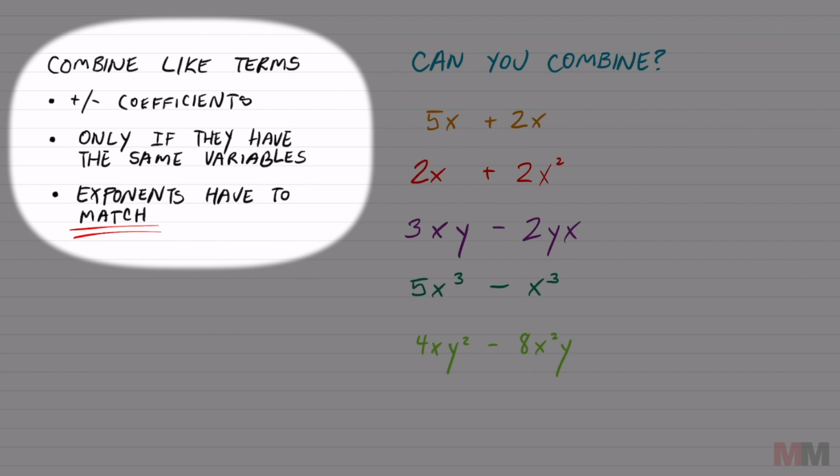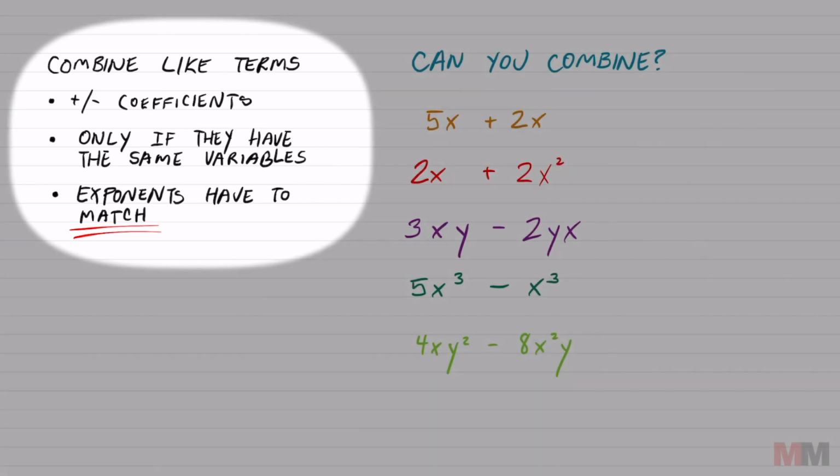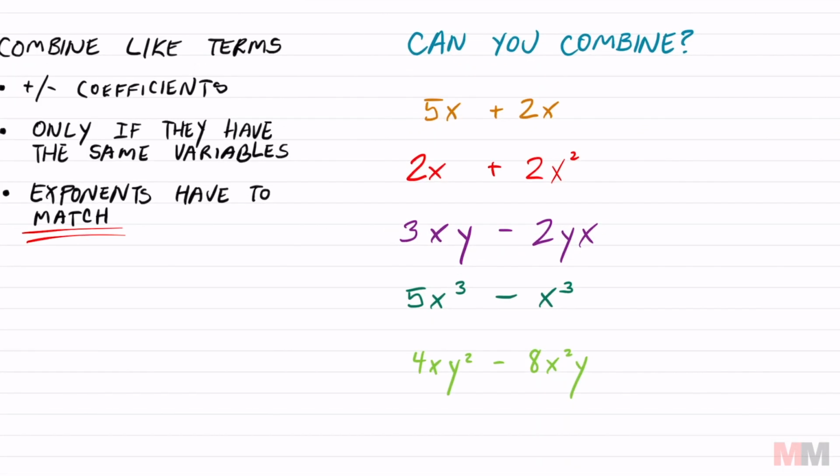And when you combine like terms, you add and subtract the coefficients in the front, and you can only do it if they have the same variables. And then the last rule is that the exponents also have to match. They have to match perfectly. So we're gonna play this game called Can You Combine? Can you combine